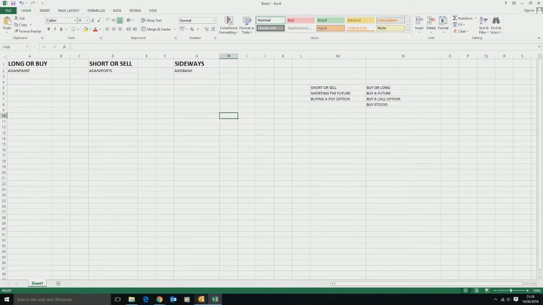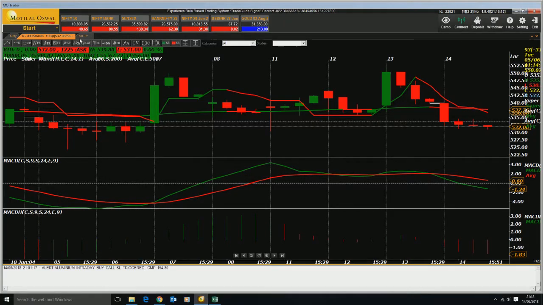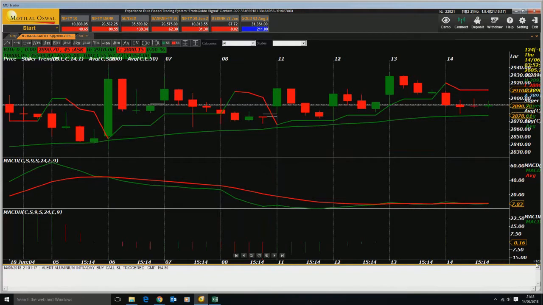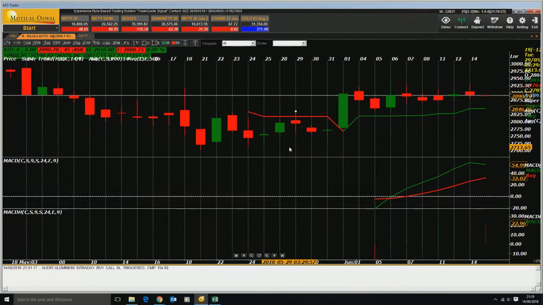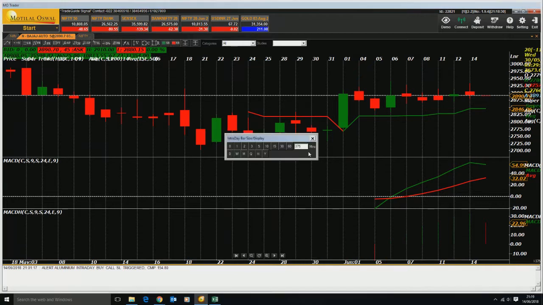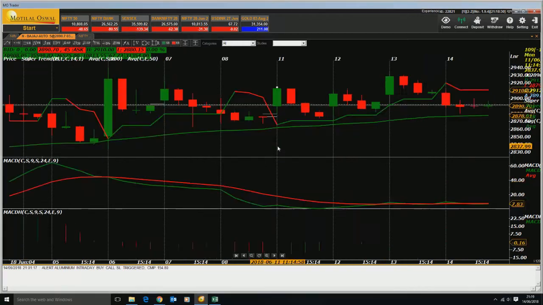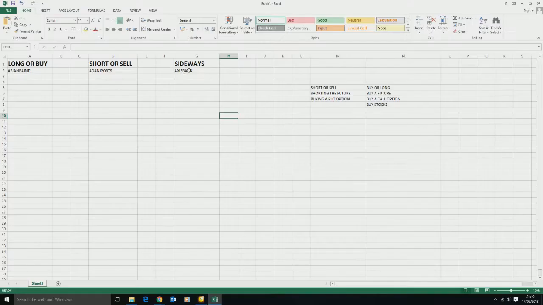Let's go and have a look at another, say Bajaj Auto. I go to 375 minutes. Bajaj Auto has also been sideways for quite a number of days, but it is giving a kind of buy signal. And let's see on 120 minutes. In 120 minutes, if I see, it's also sideways, right? So I don't want to go long or short in this Bajaj Auto. So I put this Bajaj Auto on a